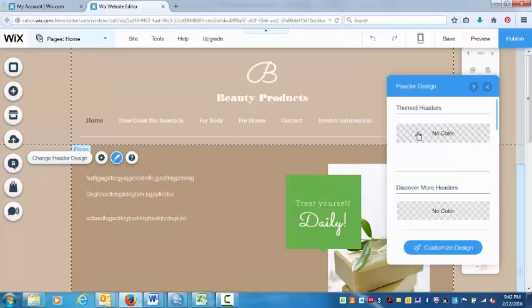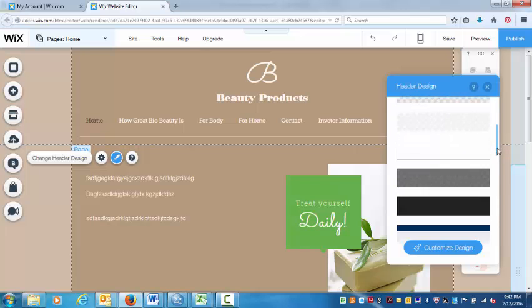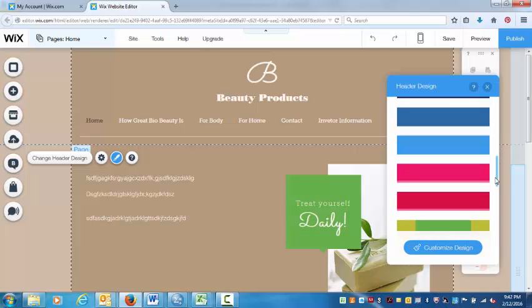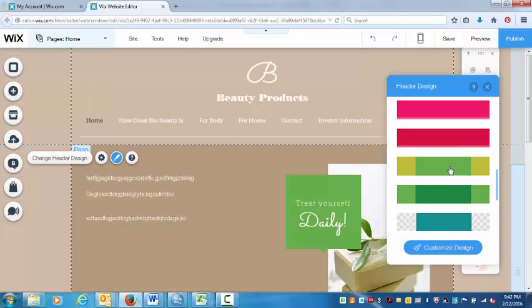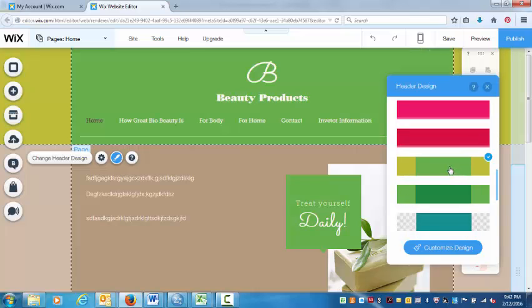So we could actually put no color, which then just removes that dark brown and leaves the underlying color of the website. We can also scroll down and choose other custom headers that are there. So, here's one that is blue and green, for example,